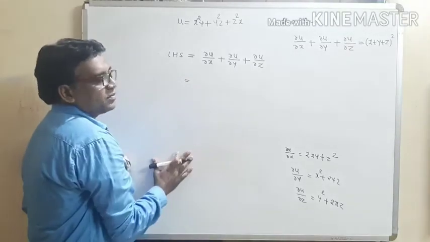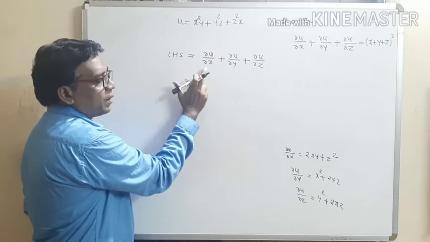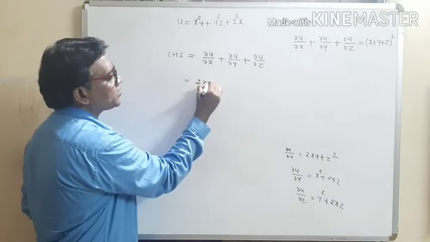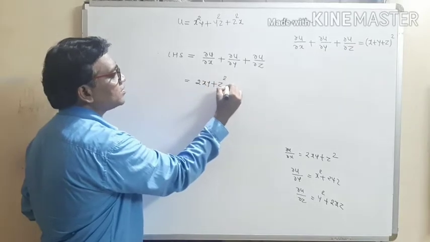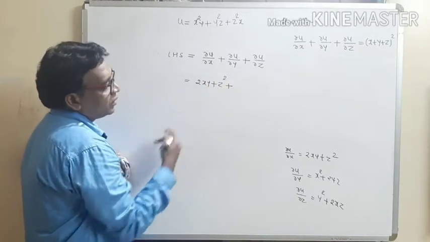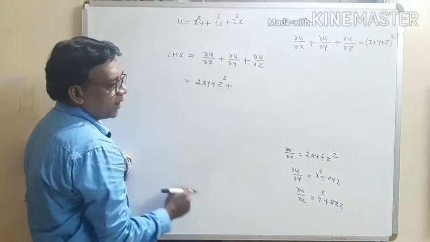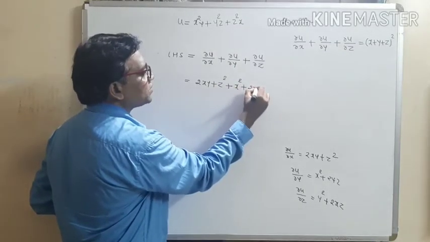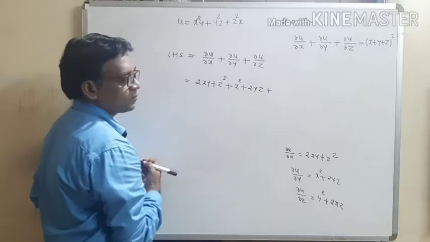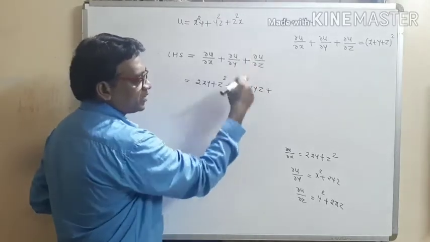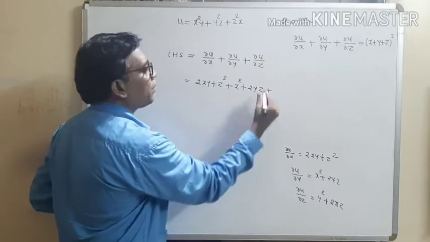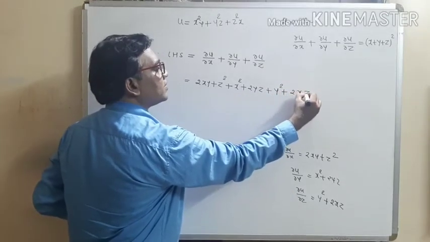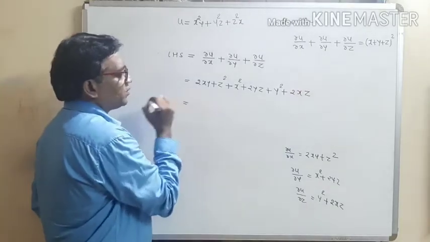So just put the values. ∂u/∂x is given by this first value, so put this value, 2xy plus z square. Put the value for ∂u/∂y, it is given by x square plus 2yz, plus put this third partial derivative ∂u/∂z, that is y square plus 2xz. So this is equal to,